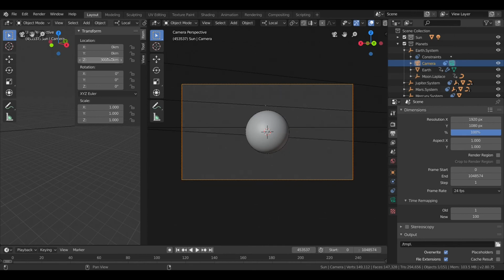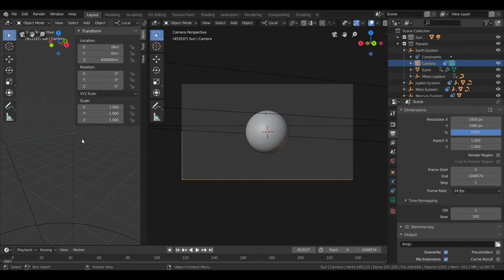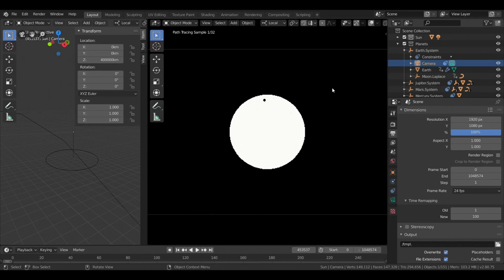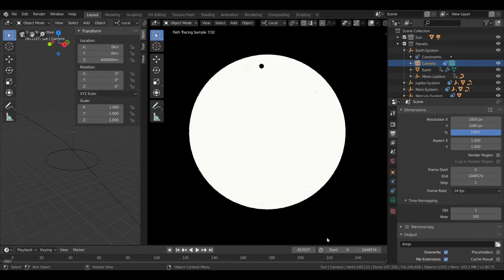Hang on. Okay, yeah. The camera's not quite a ways above the Earth, so it's not perfect, but what are you gonna do? Now we can see a larger dot moving across the face of the Sun, and that, of course, is Venus.